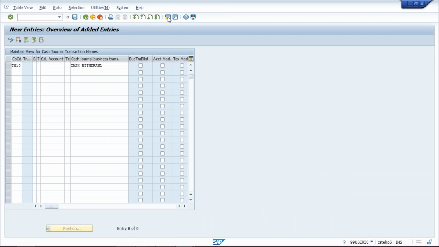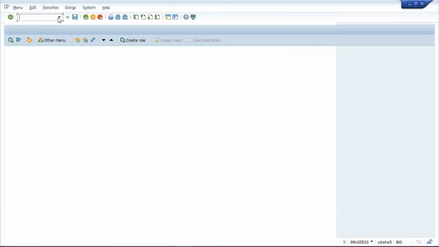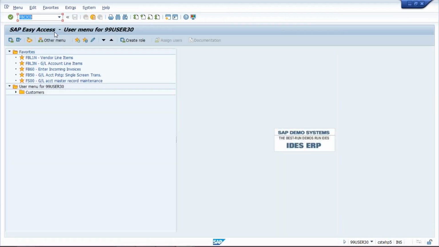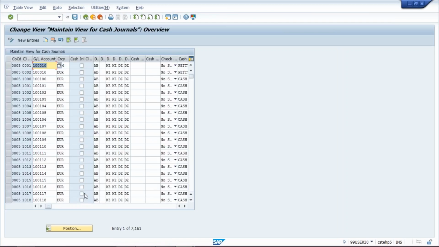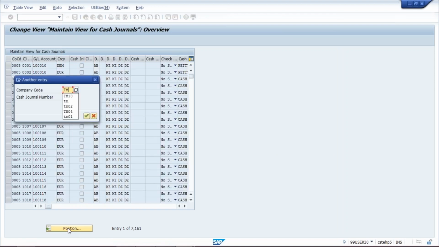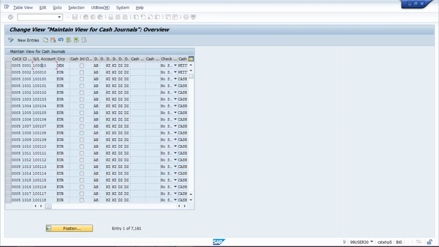I'll open one more screen. The first setting we have done, FBCJC0, during that I have already linked the petty cash GL. So petty cash, click on position and give your company code TM10, press enter.